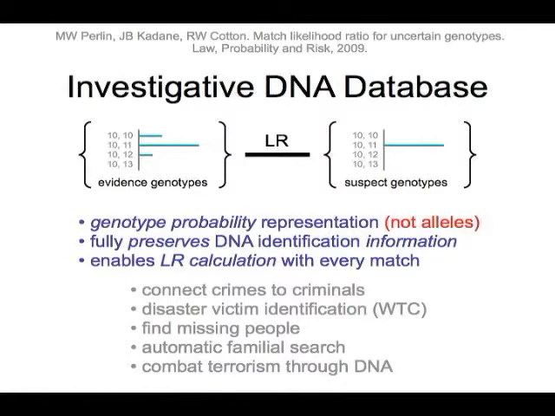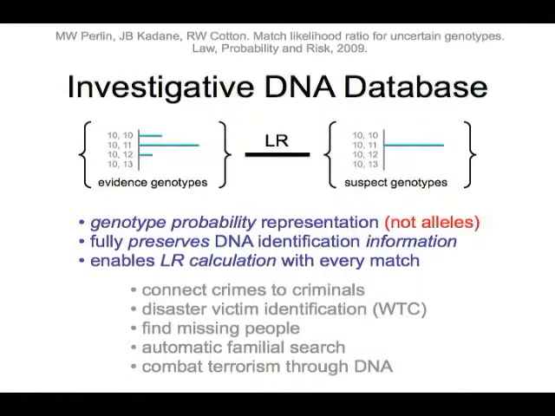Alleles won't do it. The alleles are basically RMNE. Any representation in a database that's giving alleles is doing exactly what inclusion does and throwing out information to the same extent. But genotype probabilities can fully preserve the DNA identification information and enables a true likelihood ratio calculation with